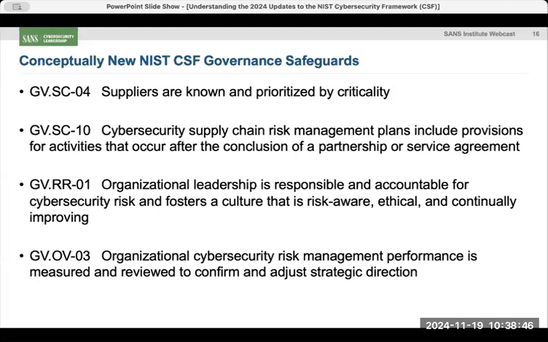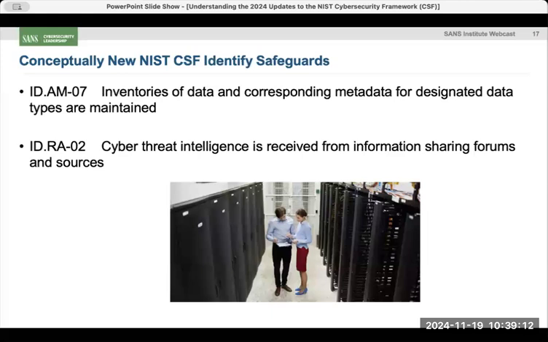Also, looking at the oversight section, it says that risk management performance is measured and reviewed to adjust strategic direction. So again, using risk management, safeguard selection, and safeguard validation to adjust direction and strategic approaches. In other words, what are the programs that an organization puts in place based on the selection and validation of safeguards that might be in that environment? But all the other things in that governance section, in my opinion, were relatively, I won't say repeats, but relatively reflective of the earlier version. These are just some call outs that I thought were interesting and unique, that maybe were a little bit new in this version.